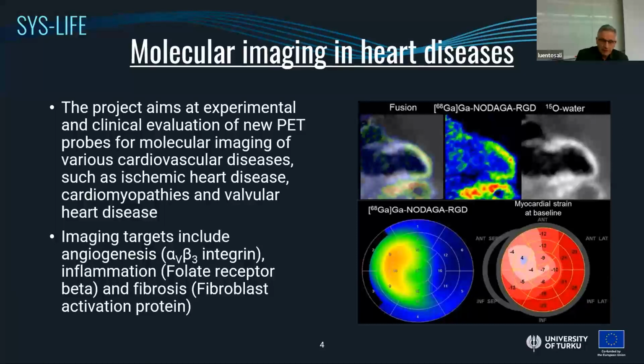The third one is focusing on molecular imaging, mainly on PET. We have very good access to various PET imaging tracers for different processes mentioned here: angiogenesis, inflammation, the new folate receptor beta is coming to human use for the inflammatory targets, and also fibrosis with the FAPI tracers as they